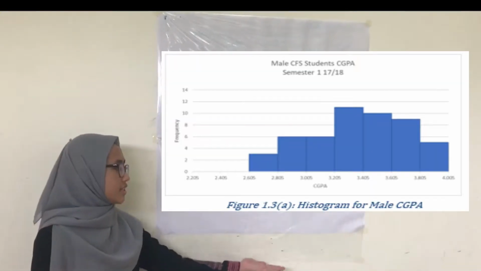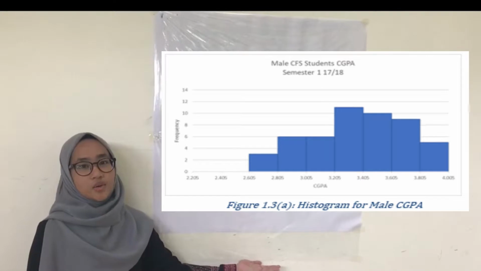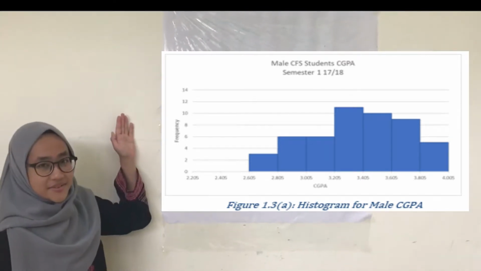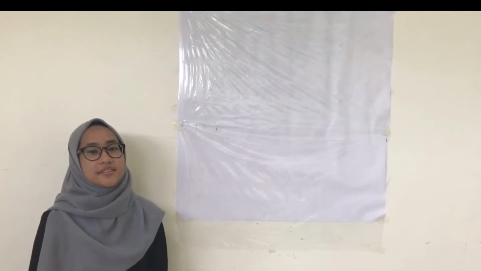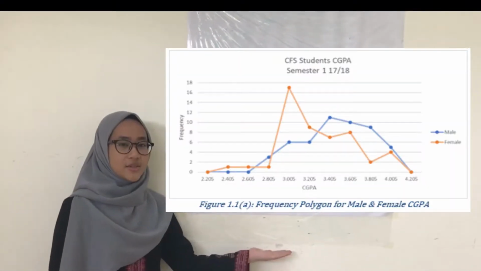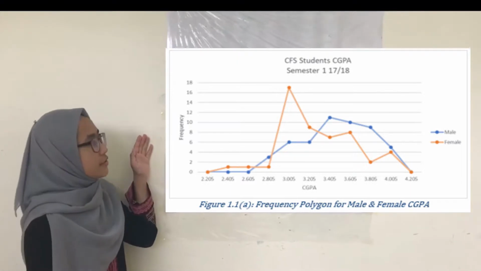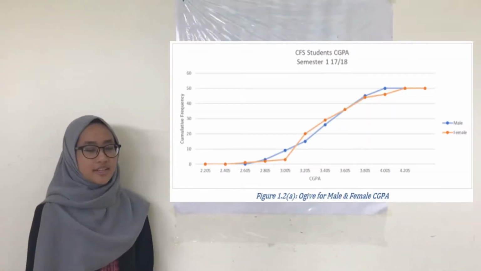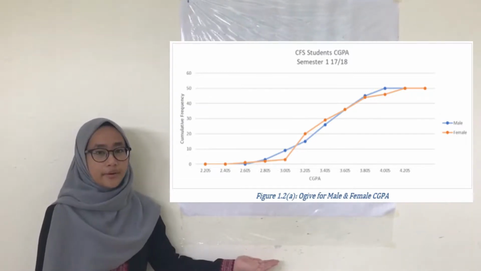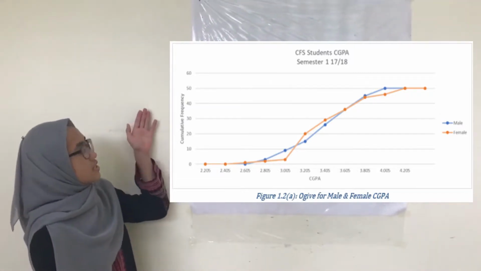I was given a task to plot graphs from the data obtained for this project. The graphs that I used are the histogram, frequency polygon, and ogive. All of these graphs use the data from the tables that have been constructed by Alia before. For the histogram, the x-axis is the lower boundary, while the y-axis is the frequency. For the frequency polygon, the x-axis is the midpoints, while the y-axis is the frequency. For the ogive graph, the x-axis is the upper boundary from the class boundary, and the y-axis is